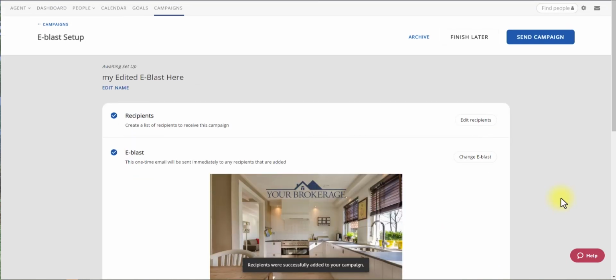Once I've done that, I'm ready to send my eBlast campaign. So I downloaded it from the library, I edited the email itself, and then I added recipients to that campaign. Now I'm ready to send the campaign. Once you hit that Send Campaign button, it will immediately go out to all those people you selected. We'll select Send Campaign,